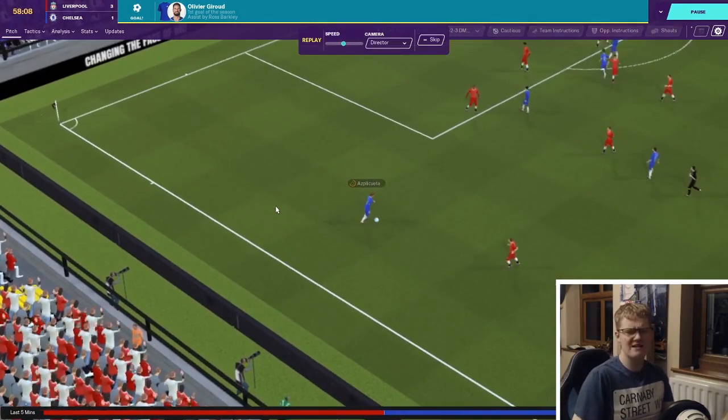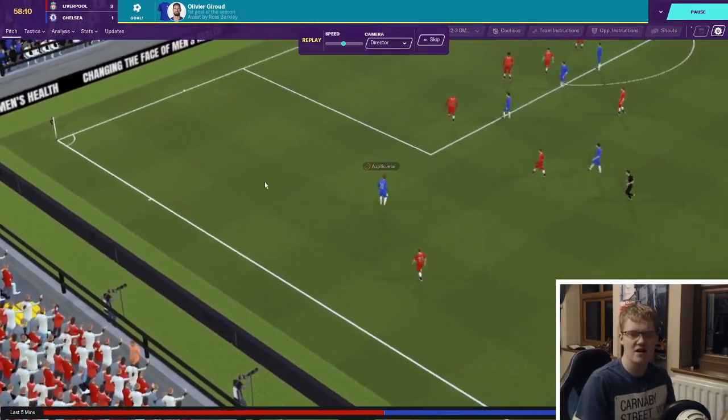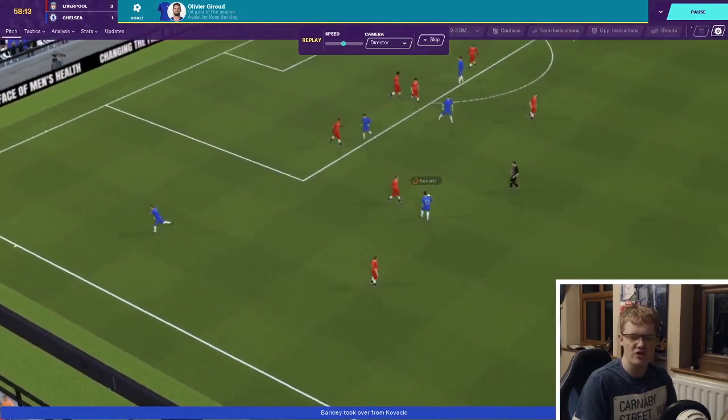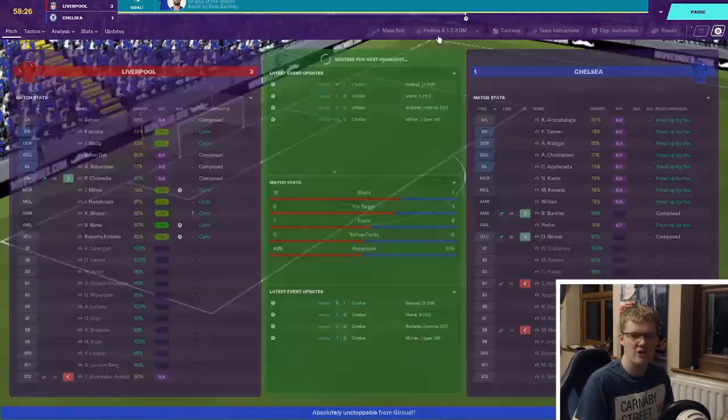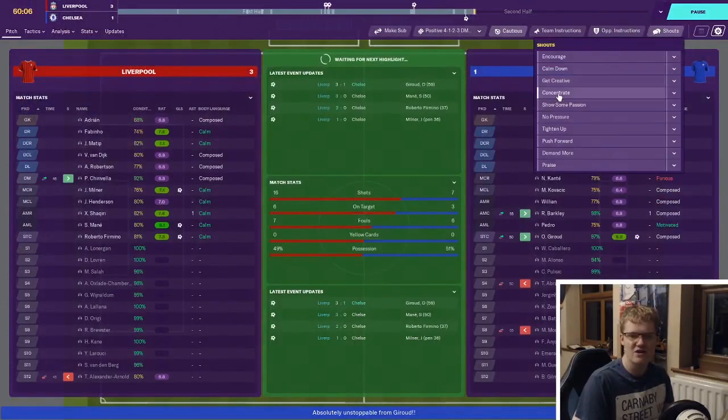A little bit too much space given to Chelsea there, as you can see. Azpilicueta has got far too much room around him. Kovacic easily gets it to Barkley. The 2 substitutes combining there. And that was a little bit poor from our lads. So we're going to tell the lads just...